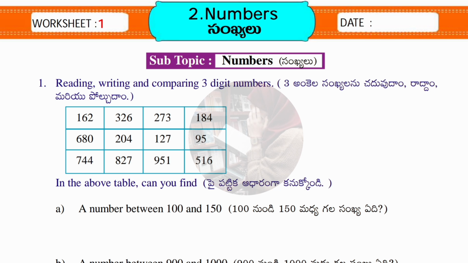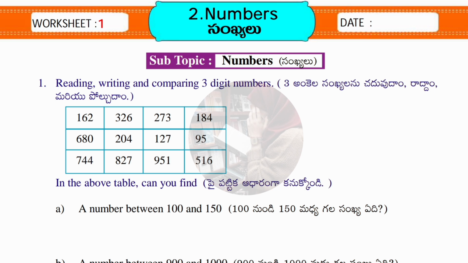And now we are going to see the second chapter. Okay guys, got it? Let's see. So here in worksheet number 1, we have the subtopic numbers. Let's see, the first one is given reading, writing and comparing 3 digits. Here one box is given in which we have 3 digit numbers in each and every block. Now what we have to do here, below that we have given some questions which we need to answer